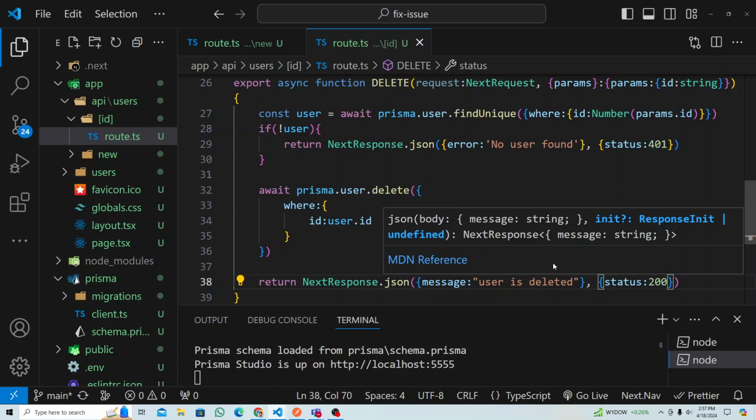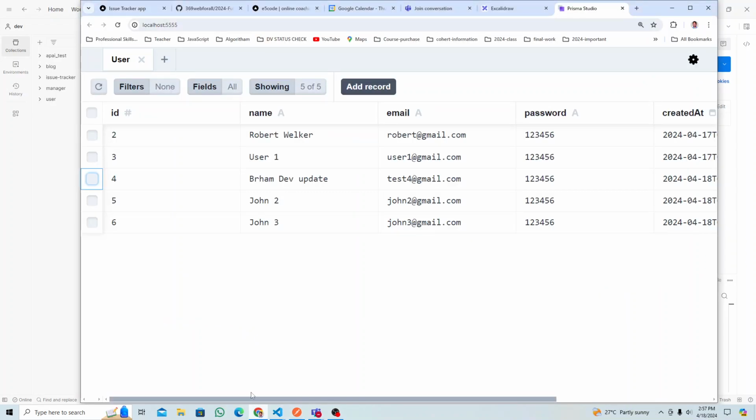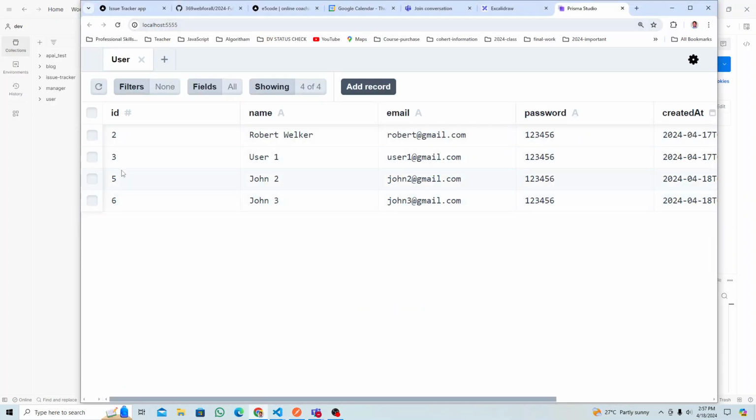Status. So let's see. I'm gonna send this 4, right? If everything is okay, users. So there is a missing API. Okay, I need to put API slash users slash ID, right? And send, and message user is deleted. Look at that. That message I get back. And if I go back here and refresh my data, you don't see that 4 anymore, it's gone from here,